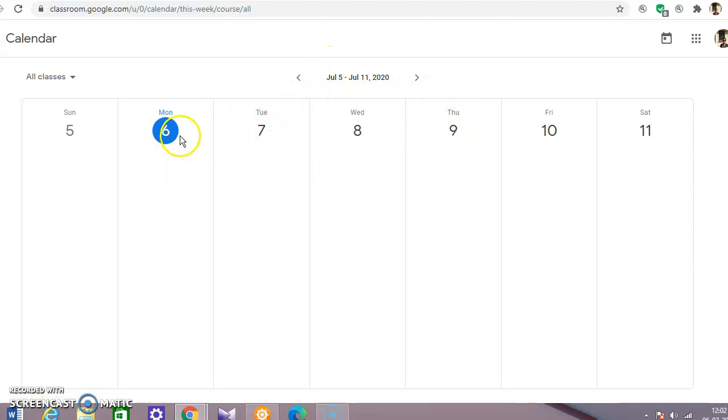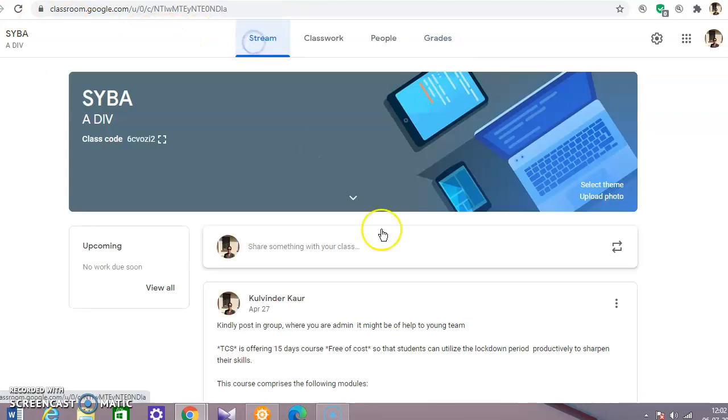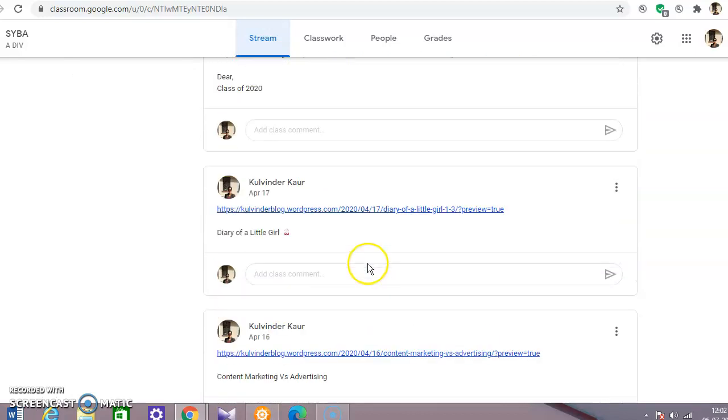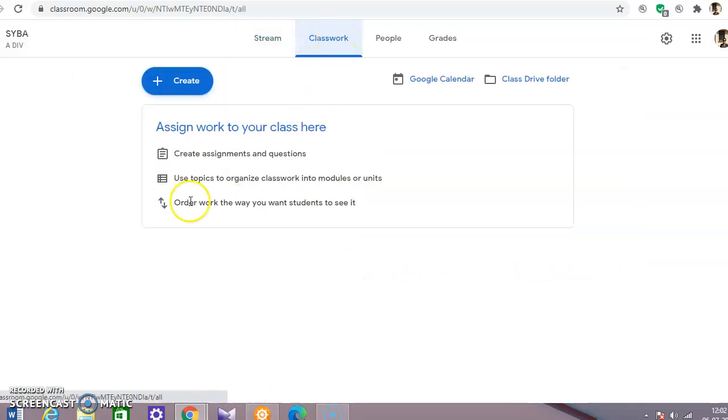You can also have a calendar to post for the lecture so that you remember. You can just have a calendar where your lectures would be scheduled, and you can directly connect this to Google Calendar. So whatever you post there, students would be able to see. If there is something due on 7th, this would be seen. If there is something to be submitted on 9th or by 11th, all the details are visible, and this is for all your classes. So this is a platform which provides you a lot of advantages, wherein you can share a lot of things with your students and they would get to know a lot about your class. So this is how you can connect it to Google Calendar.